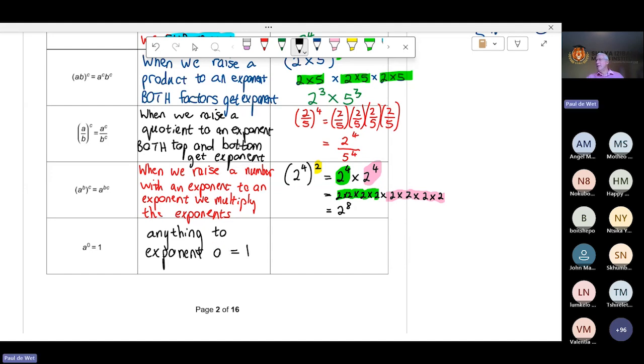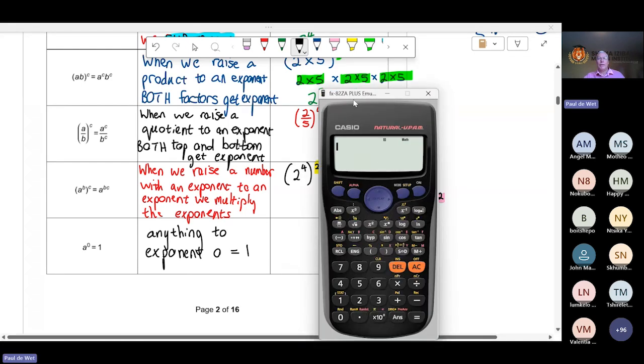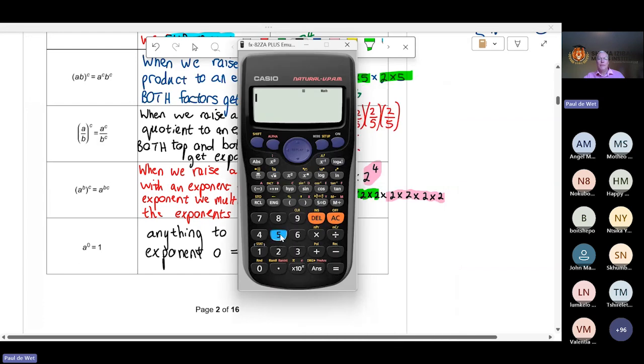You might say that's a bit strange. Let's test it on our calculator here. Let's just have a look. 5, and there's our exponent button. 5 to the exponent of 0